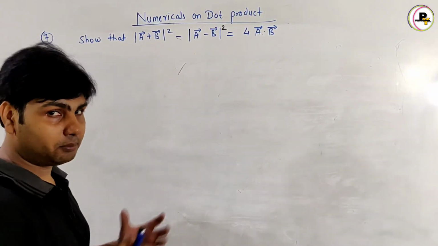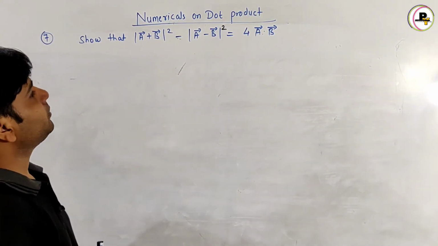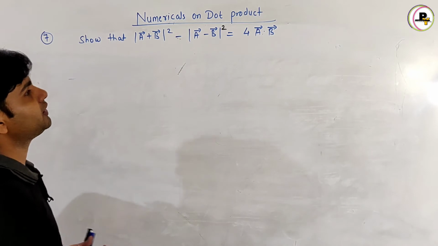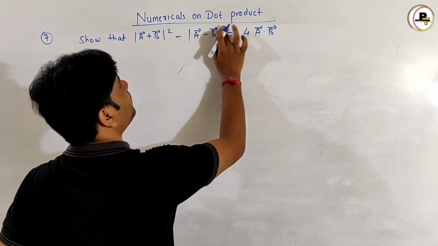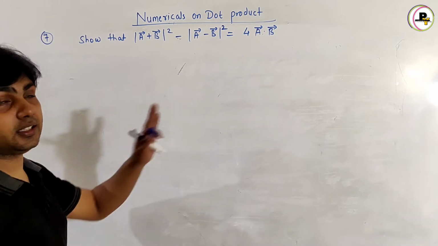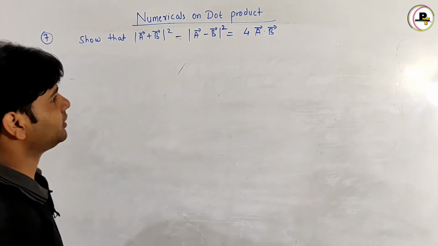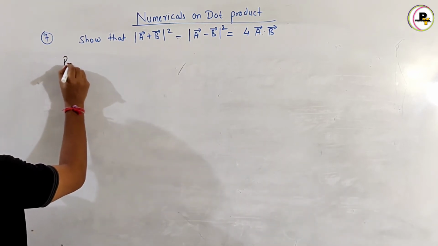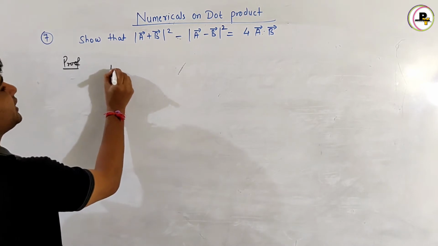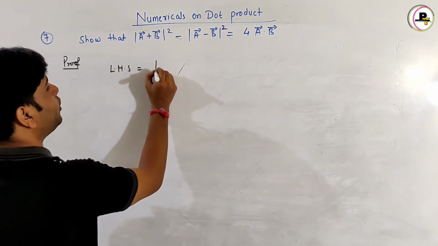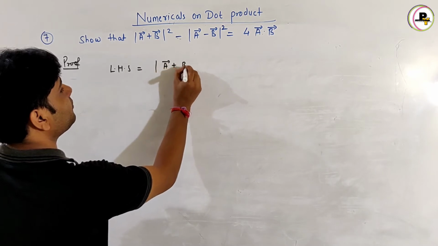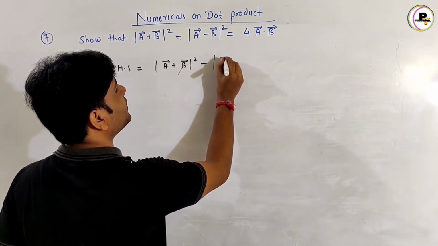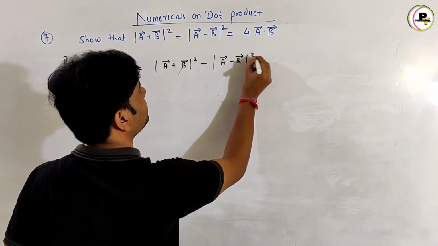Okay, question number 7, we have to prove what is given. Show that the square of the mod of vector a plus vector b minus the square of the mod of vector a minus vector b is equal to 4 times the dot product of vector a and vector b. So now let's see the proof of this question. Now to prove this, I will take the left hand side of the above question, which is mod of vector a plus vector b the whole square minus mod of vector a minus vector b the whole square,